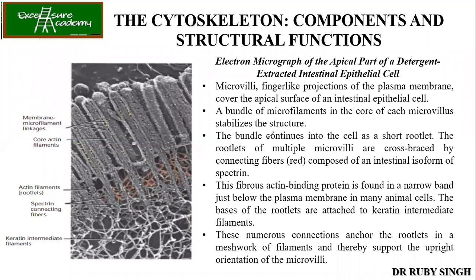So in this case, this one is your actin roots. Then your spectrin fibers are there. Can you see this different color over here? This is your spectrin fibers. Then they are in connection with the IF, which one? Keratin. So there are different IFs, for example, lamins. Lamins are present in the nuclear envelope. So we'll come to that slowly.